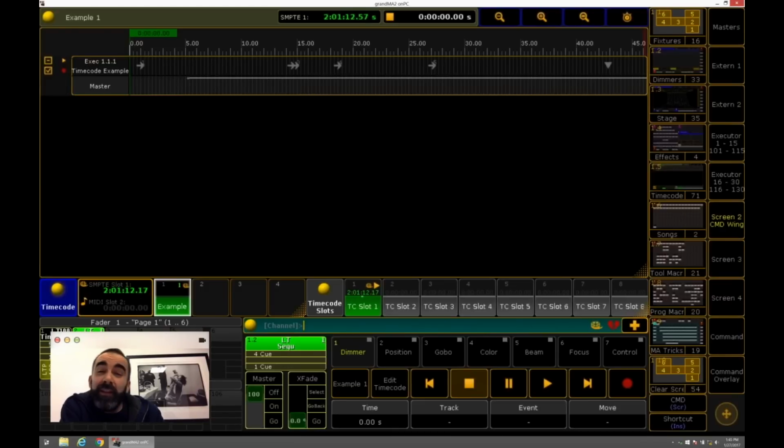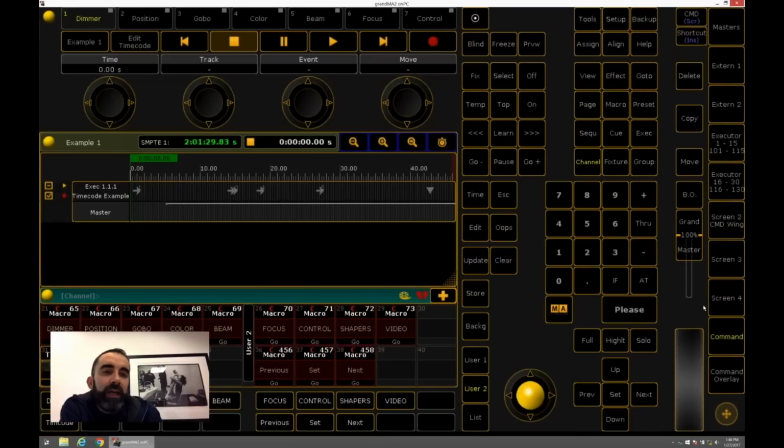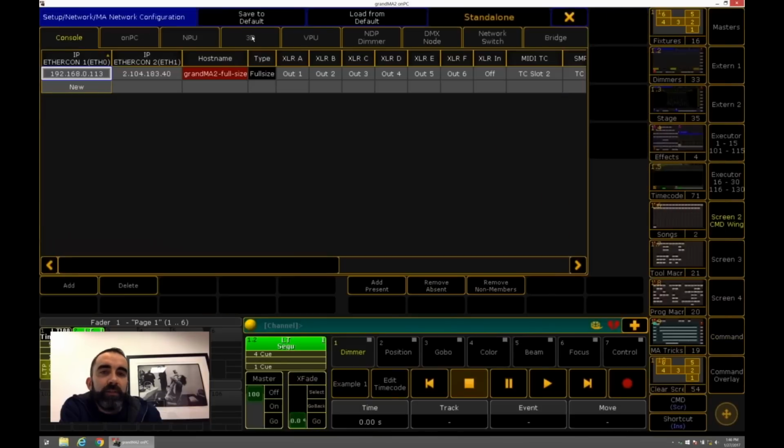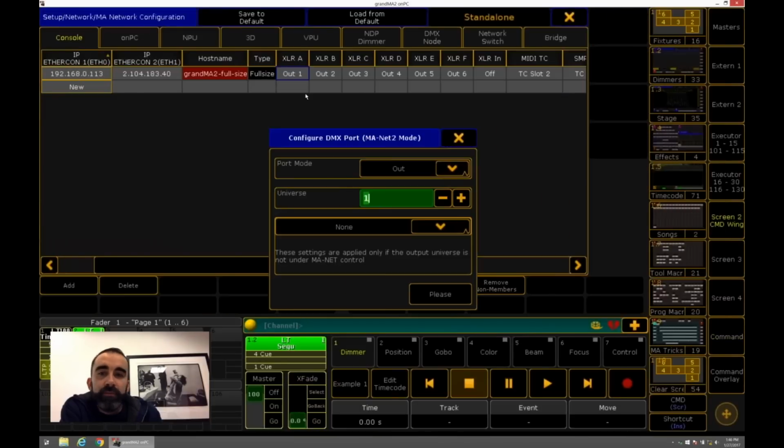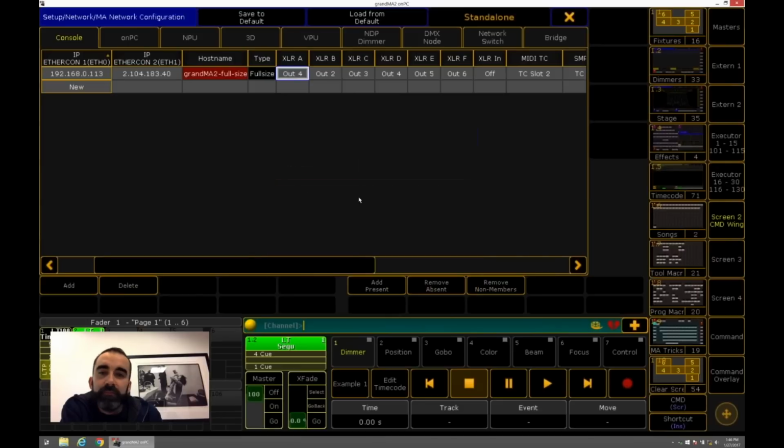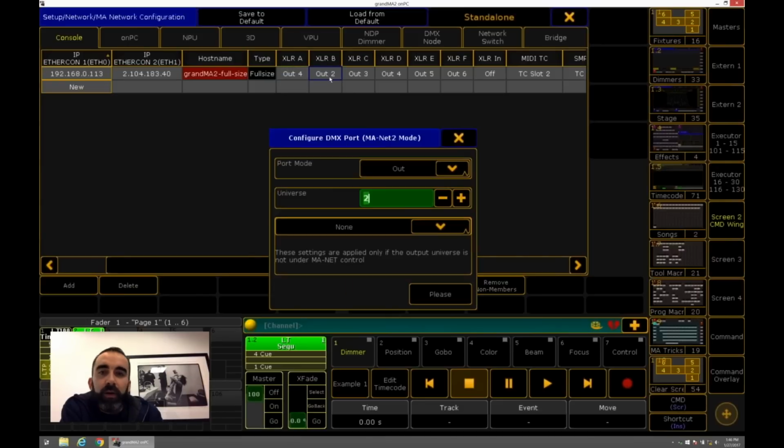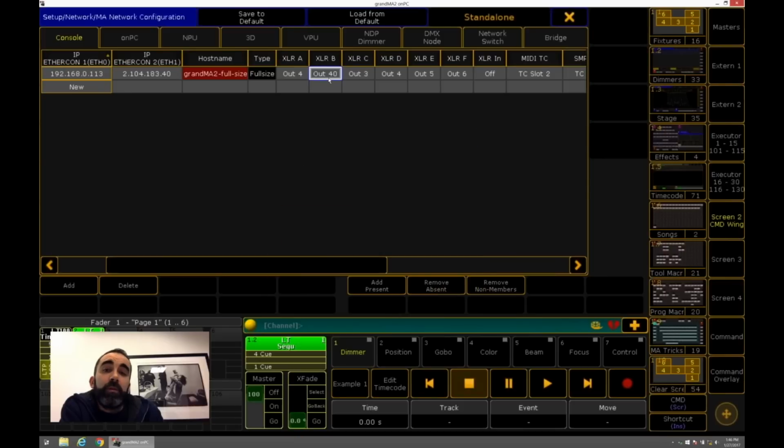Okay, so next step. We have these things called timecode slots. That's the first order of business here, of how to actually get timecode into your system. Think of timecode slots as the opposite of a DMX port. What I mean by that is you have a DMX port on the back of your console, and you say, I want XLR-B to be DMX Universe 40.